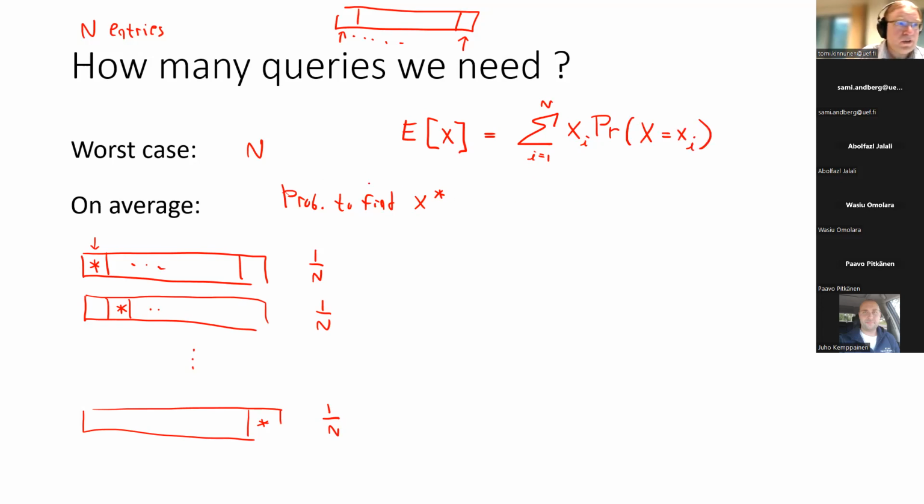If you don't know this equation, don't worry, it's not important here. But applying it here, you will find that on average we will need half of this n.